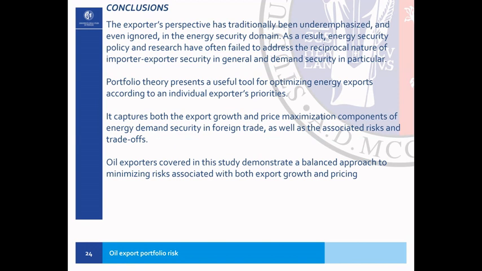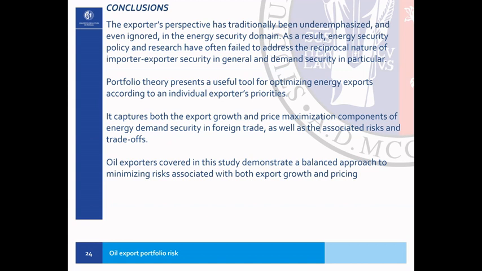So these are very naive and simple analyses. The idea is this one: because the export perspective has traditionally been underemphasized or sometimes even ignored in the concept of energy security, we wanted to see if there was a way of understanding the issue of energy security from the viewpoint of a measure, not a physical measure of military protection or security of channels of supply or whatever, but a measure of energy security in terms of risk. And the concept of risk for an economist is associated with the concept of variance.